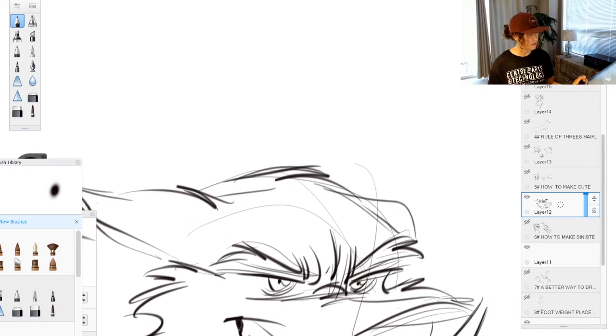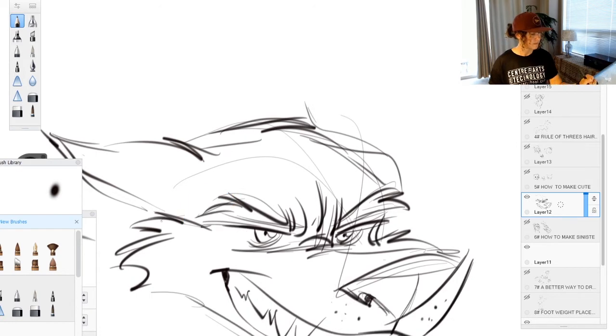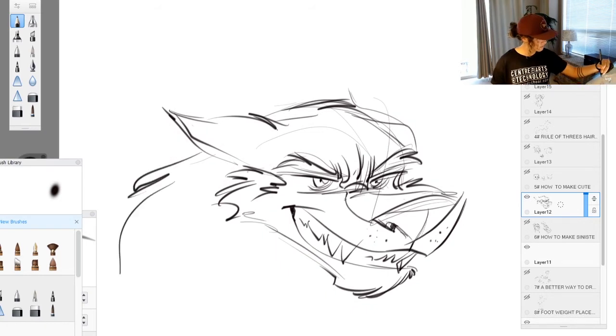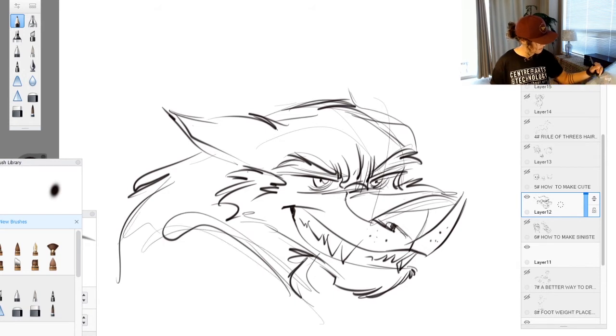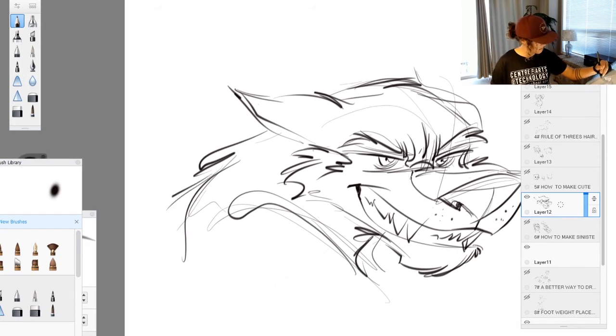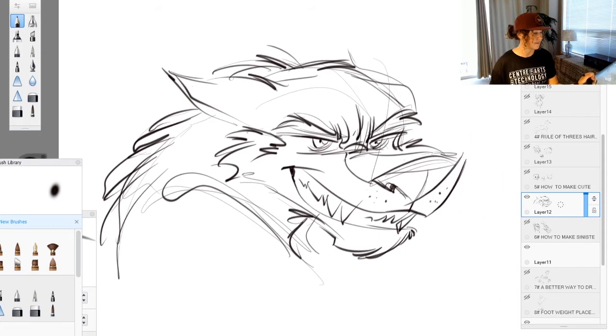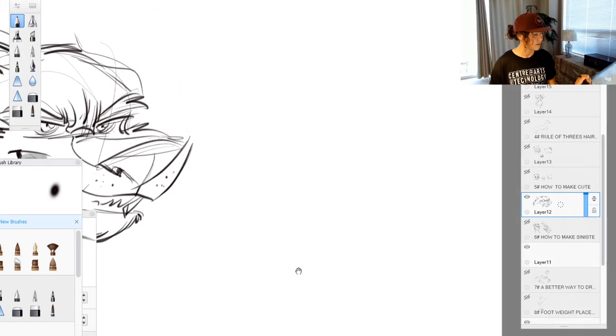So yeah, you want to keep eyes small and more sharper edges on the character. You can kind of go crazy with spikes and things like that, however you want. If you're going with a